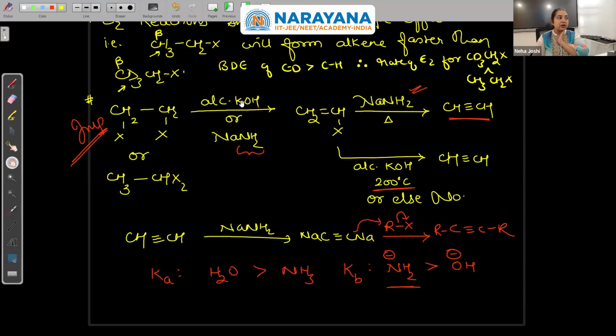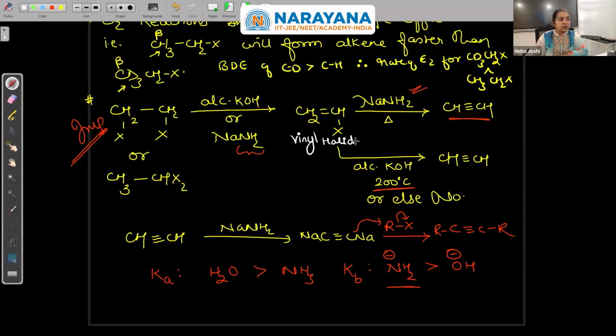Whatever alcoholic KOH is doing, NaNH2 will automatically do. There is no issue. But with either of these I remove 1 HX, this way or that way, it doesn't matter. Here I remove 1 HX and I get a vinyl halide. Now this vinyl halide will be difficult for me to